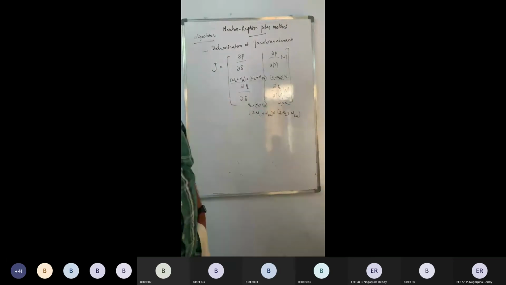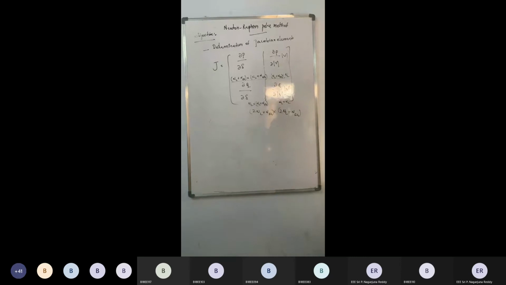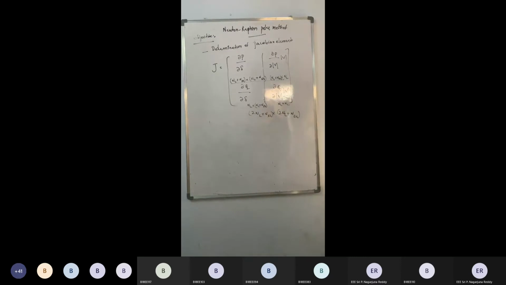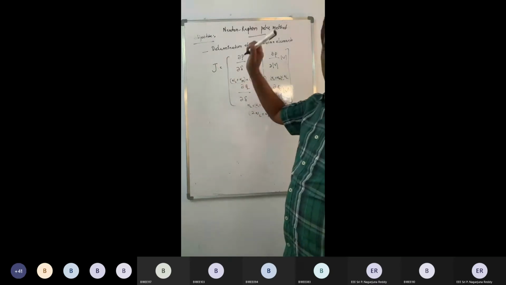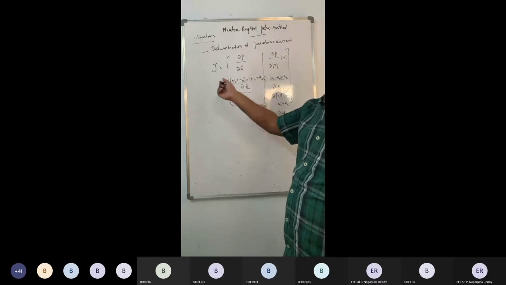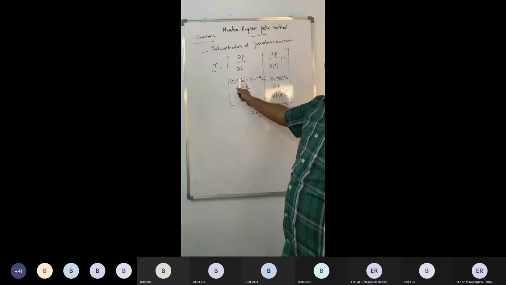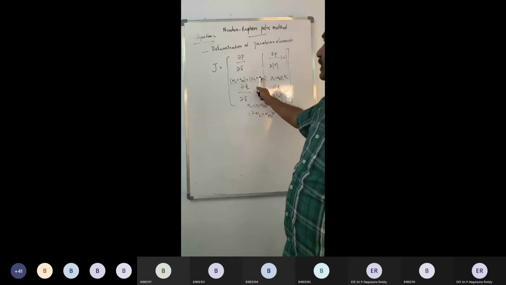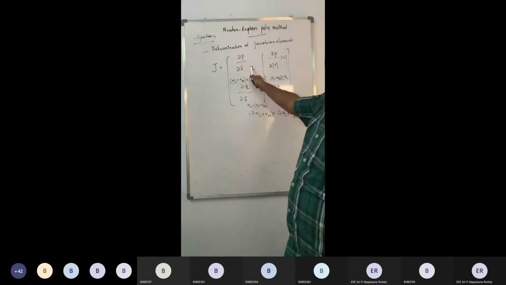Are you able to note this one now? The individual orders of the submatrices. Try to remember this one for competitive examinations. This is the order of individual submatrices, where NL is the number of load buses, NEG is the number of effective generator buses. Total generator buses, after removing one slack bus, the remaining are called effective generator buses. So this is number of effective generator buses. NL plus NEG into NL plus NEG. This is the order of first submatrix.